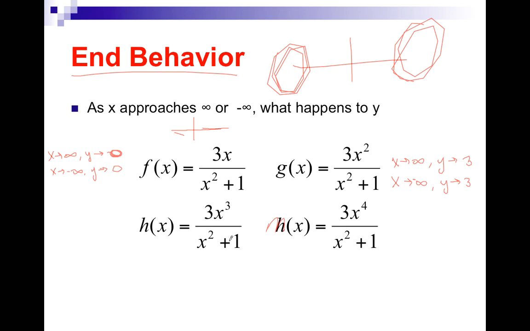We can kind of think about this 1 as a non-existent entity. And we have x cubed over x. Well, this basically becomes 3x. If you do x cubed over x squared, it becomes an x, and you're left with the 3 in the numerator. Well, that function looks like that, which means as x goes to infinity, y goes to infinity, because